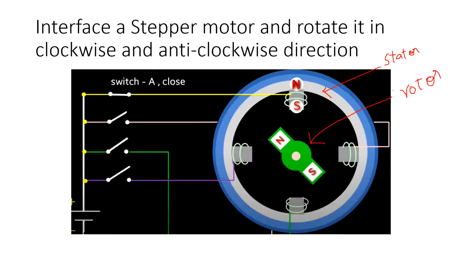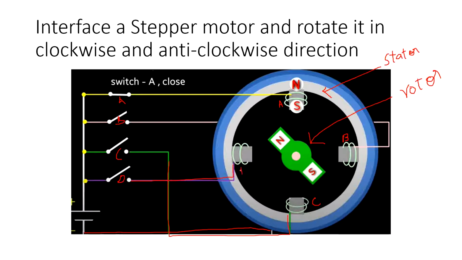Now, this is the DC supply that is being connected over here, and this is the line that we are showing. Let us assume that this one is A, this one is B, this switch is C and this one is D. If I trace it out, this will be my A switch, this one is B, and this one is C.